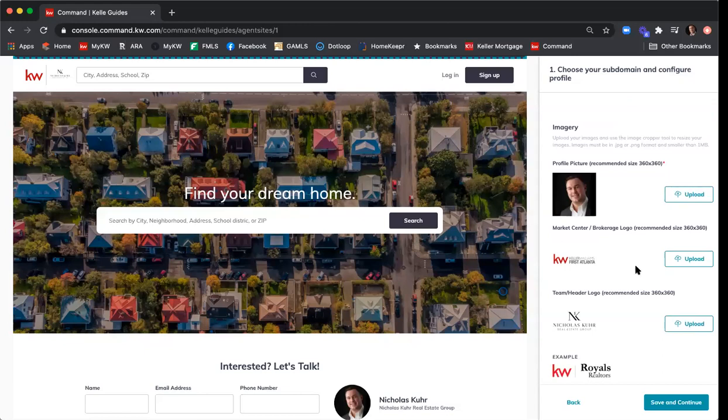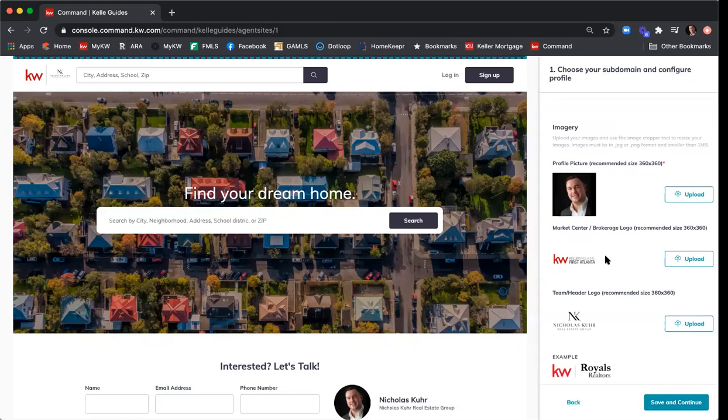So if you have any questions on how to make a 360 by 360 image, I'm happy to help you with that. You can do that in Designs, and you can also do that in Canva or any other Photoshop-like product. So you want to make sure you include your First Atlanta logo here to, again, make sure that